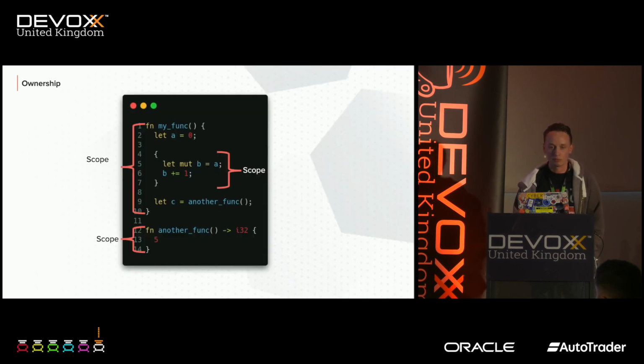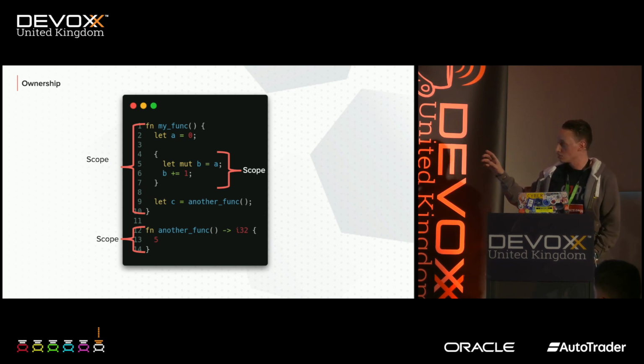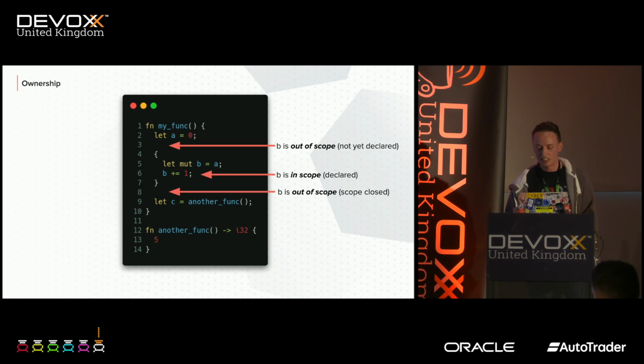So what do we mean by scope when we say a variable goes out of scope? Well, we're talking about blocks. Any of these instances, say different functions, are scopes, and we can also arbitrarily declare blocks anywhere we like inside a function, and that would be a scope as well. And when we say something is in or out of scope, we can say here that B is out of scope on line 3 because it hasn't been declared yet. B is then declared on line 5, and on line 6 we can say it is in scope, and that's why we're able to do some changes to it. But when we get to line 8, the scope that B was declared in is closed, and so B is out of scope, right?